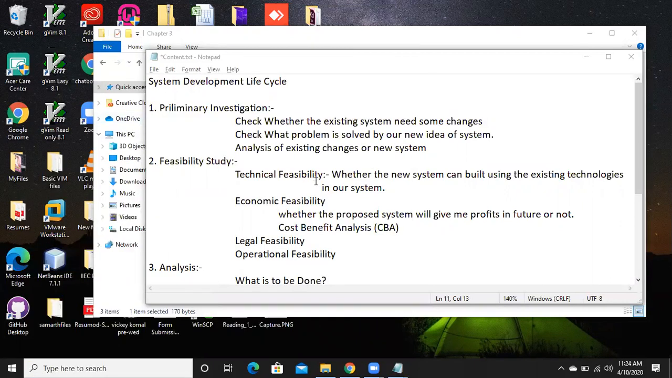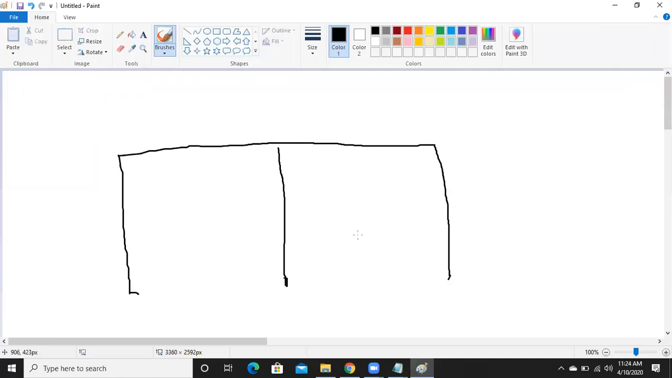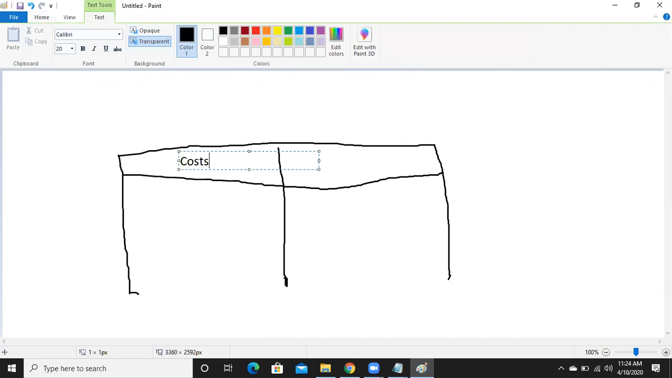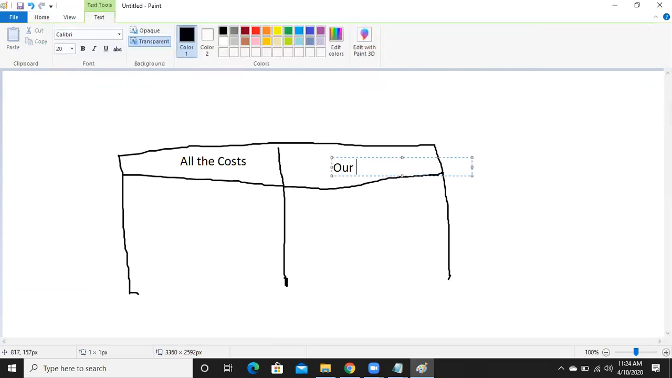अगर मैं छोटा सा ओवरव्यू दूं तो हम बेसिकली फीजिबिलिटी कॉस्ट बेनिफिट एनालिसिस करते कैसे हैं? हम एक टेबल बनाते हैं, जिसके अंदर 2 कॉलम्स रहते हैं। हम लेफ्ट साइड में लिखते हैं कोस्ट, ऑल द कोस्ट, ठीक है। इसके अलावा हम इसके राइट साइड में क्या लिखते हैं, लॉन्ग टर्म एंड शॉर्ट टर्म बेनिफिट्स, राइट।